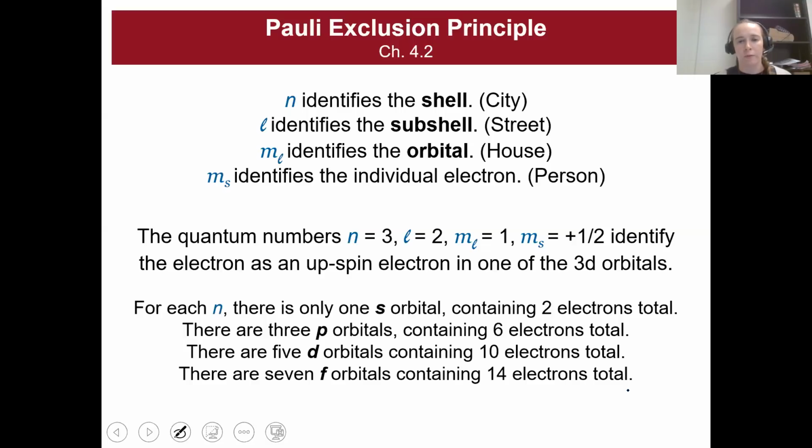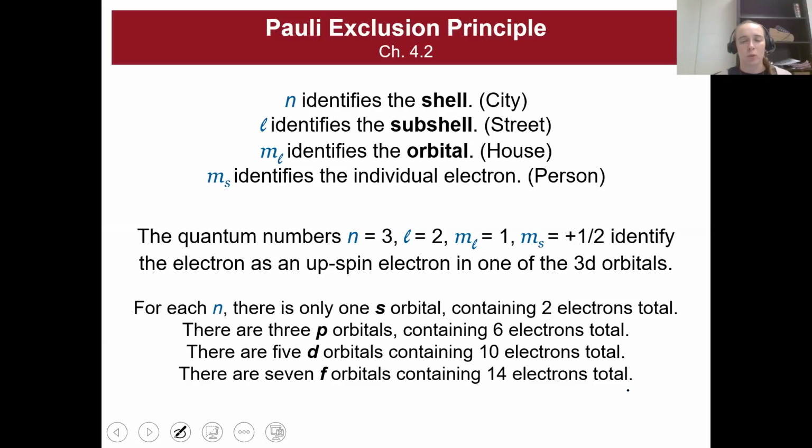So if we're talking about s, it's the same as the subshell. If we're talking about p, then l identifies that we're in subshell p, but m sub l identifies that we're in 2px or 3py. It identifies the specific orbital within the subshell, and m sub s identifies the individual electron